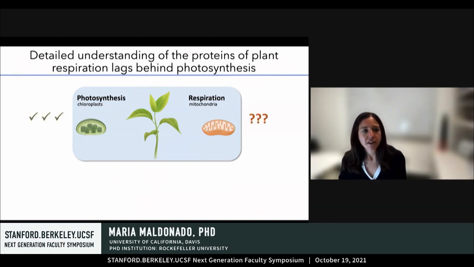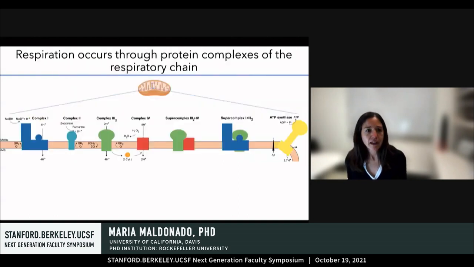However, although we understand the proteins that carry out photosynthesis in great biochemical detail, our knowledge of the proteins that carry out respiration in plants has lagged much behind. This is mostly to do with strong technical challenges in obtaining sufficient amounts of plant mitochondria for biochemical and structural work. So this gap is represented here on this slide, which is in a cartoon